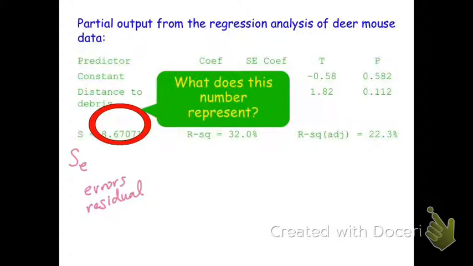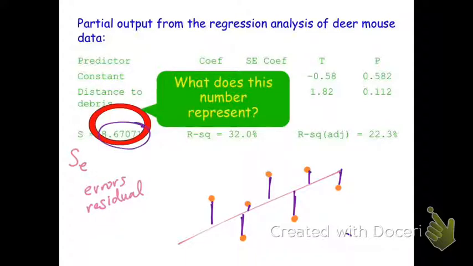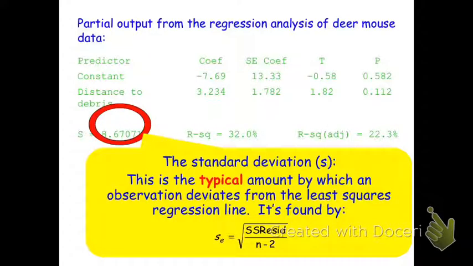And those are just the average distance in the y direction. So if I've got a scatter plot where values are like this, it's taking all of the values of these distances, obviously the absolute value of them because you have negative distance, and then it's averaging those, and this is the number that it's calculating. The formal way to write that is the typical amount by which the observation deviates from